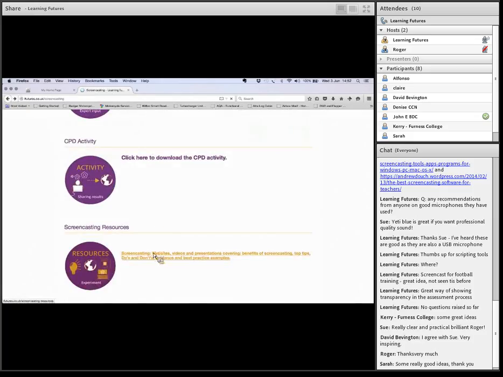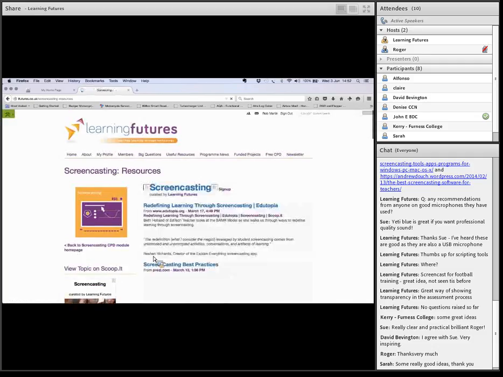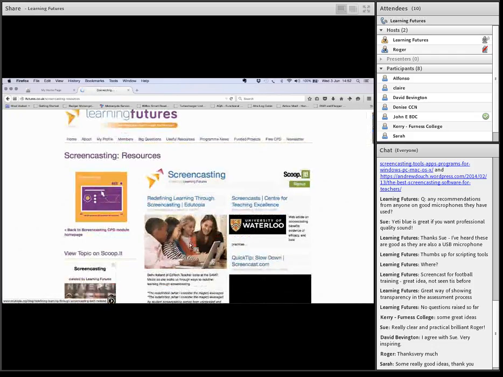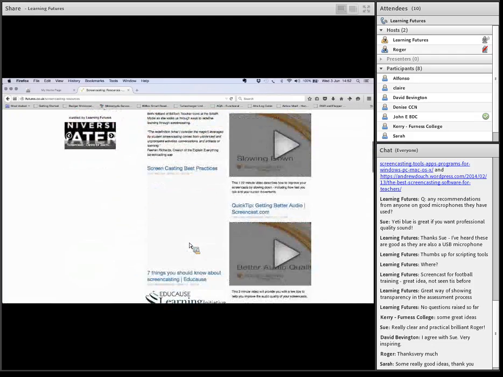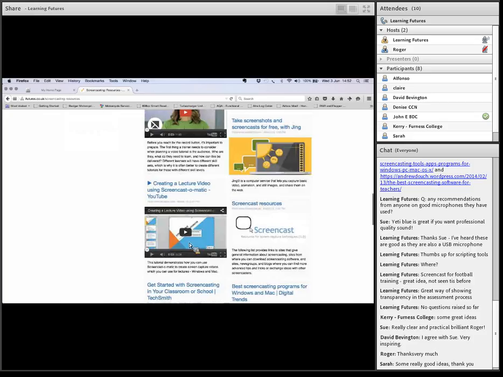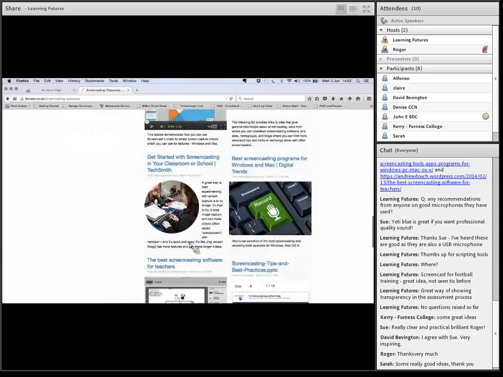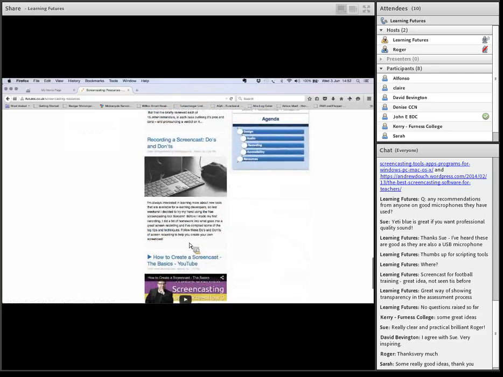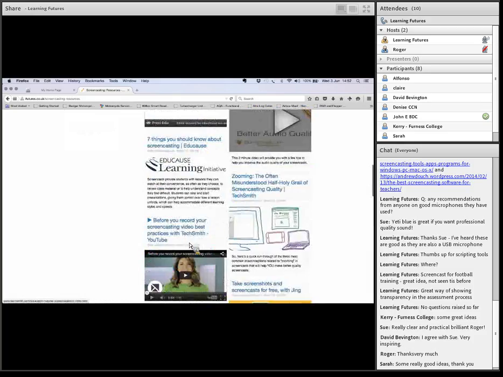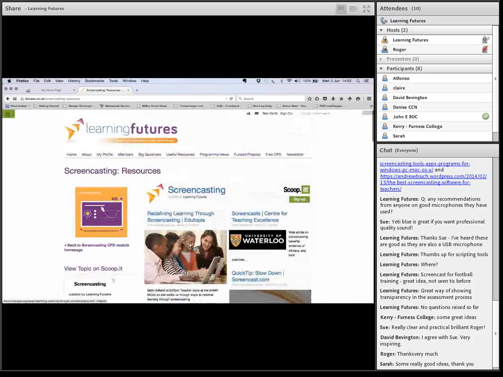you'll see those activities being put together, but we've trawled the internet and found all of those resources that really punch above their weight, that we feel, if you're going to put some time into this, are the ones worth looking at. So we've used a selection of those within the activities, but there's a lot more within these resources as well. There's all sorts of videos, all sorts of examples that you're able to look at. I'm just scrolling through them fairly quickly, but please feel free to use that resource area. And as I say, that's where we've done a bit of research to say, well, we think that these are the ones that are really the most helpful if you're going to make a start at looking at screencasting, if there's a particular area that you want to spend a bit of time and develop.